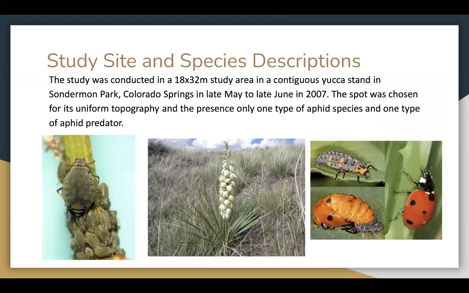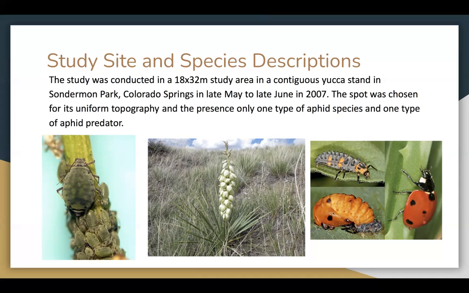So to give some context to our data, we point to Professor Kummel's collaboration with Professors Brown and Bruder of the mathematics departments here at CC on their published study from 2012. In the interest of spatial self-organization of an ecological system, Kummel, Brown, and Bruder chose to study how predation might drive self-organization of aphid colonies on yucca plants.